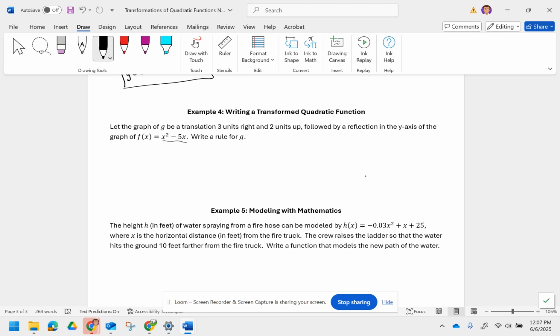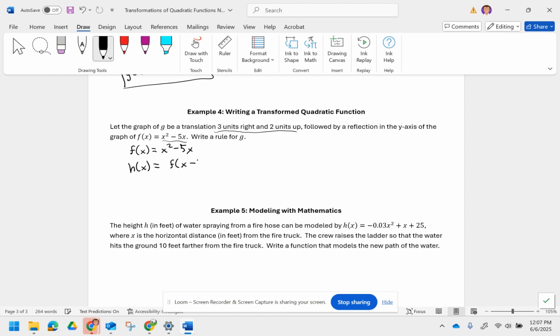Let's start out by writing our f of x is equal to x squared minus 5x. Now let's do h of x as kind of our intermediary as we move our way towards g, to do this first translation that they gave us, 3 units to the right and 2 units up. So to make it go to the right, we're going to have to take f of x, and in the input,